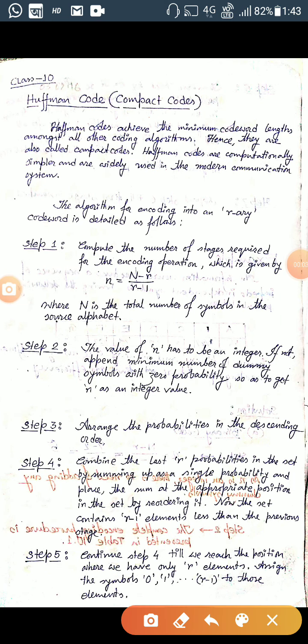Today I discuss the Huffman Code. Huffman Code achieves the minimum code word length amongst all other coding algorithms, and for this reason, it is also suggested as the name of compact code. By using a few steps, you can get the code word, and for this reason, you have to identify initially the